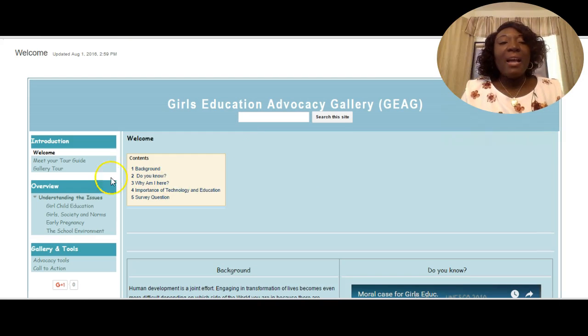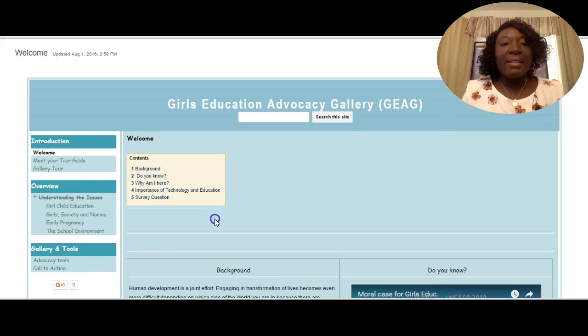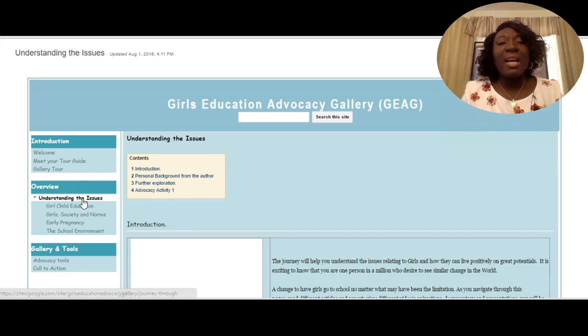Like I did say, the second part of the site is the overview. Let me just pick my pen here and clearly indicate where I'm trying to point at. So the overview section is subdivided to dig more into the issues of girls' education and girls' vulnerability. But most importantly, I'm just going to focus on two aspects of the site, which is understanding the